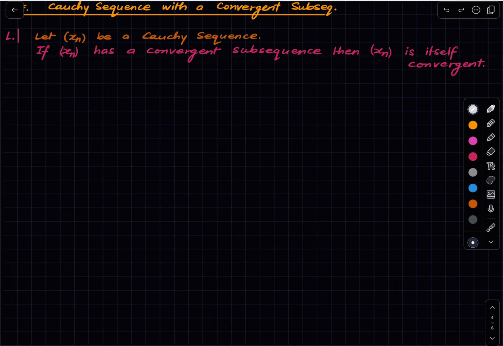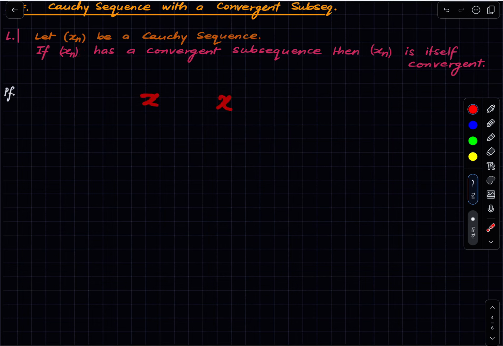Again, let me try to first argue informally. So we have some Cauchy sequence. It has a convergent subsequence, which for the moment think of as a constant sequence. A convergent subsequence or a convergent sequence in general can be informally thought of as a constant sequence because it ultimately just becomes closer and closer to a fixed point. So suppose this houses a constant subsequence rather than a convergent subsequence. Let us more strongly assume that this guy has a constant subsequence in it.